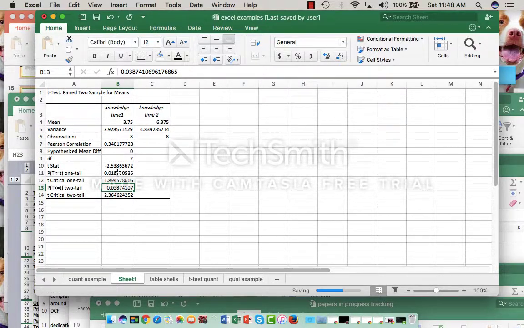Which means that the difference in the mean of these two groups, the mean knowledge score at time 1 compared to the mean knowledge score at time 2, there's a difference and it's statistically significant. Or in other words,